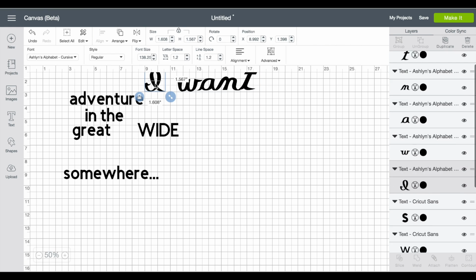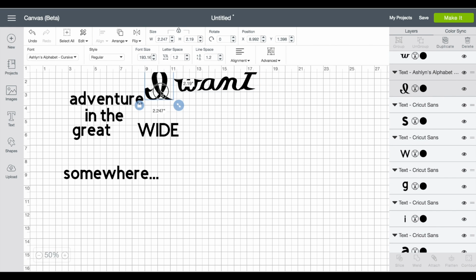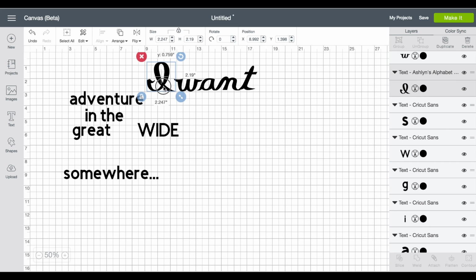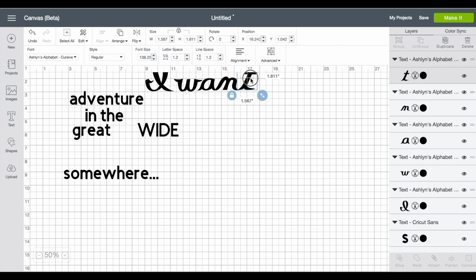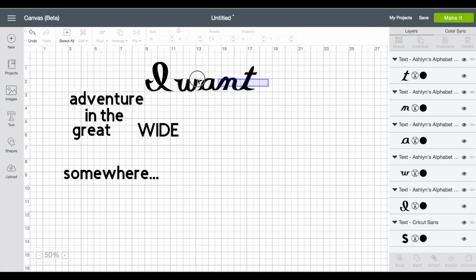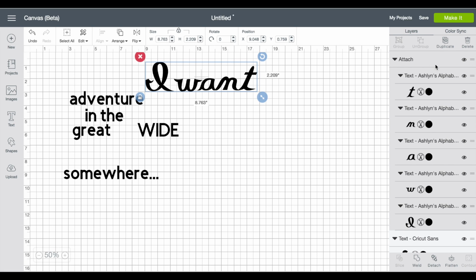I might move the I. I might make the I a little bit bigger and nest it kind of right here. Maybe just a bigger gap so you can see that they're two different words. I'm going to actually move this T down a little bit, and then I'm going to attach these at the bottom down here. You can group them so that they are grouped once you attach them.